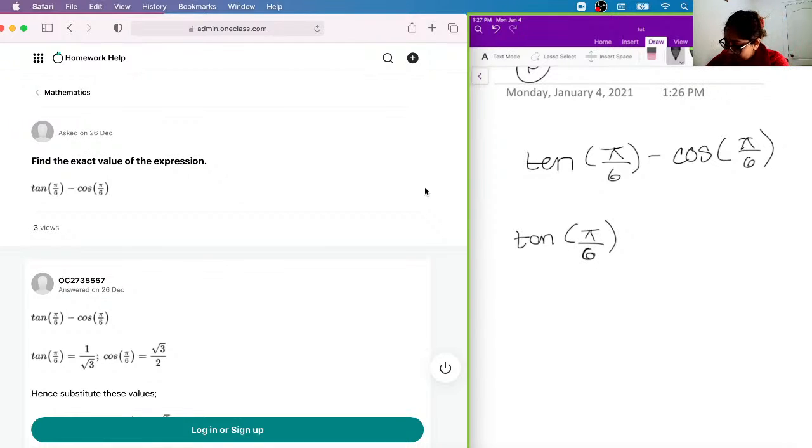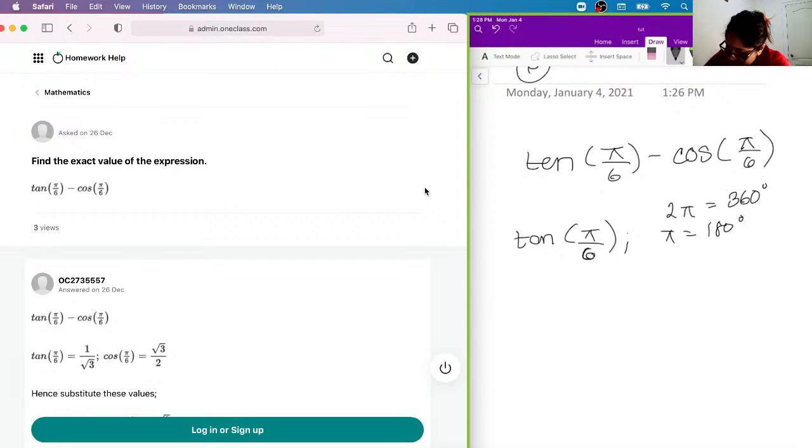So when we're dealing with pi over 6 radians, we want to convert it into degrees. We can first convert this to degrees. You guys recall that pi is equal to 180, and 2 pi is equal to 360 degrees. And so we can